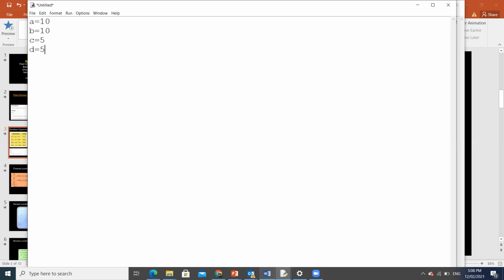Okay, so here I'm just repeating the same statement so that we can change it later. a is equal to b, AND logical operator, and c is equal to d. Then what you need to do is print